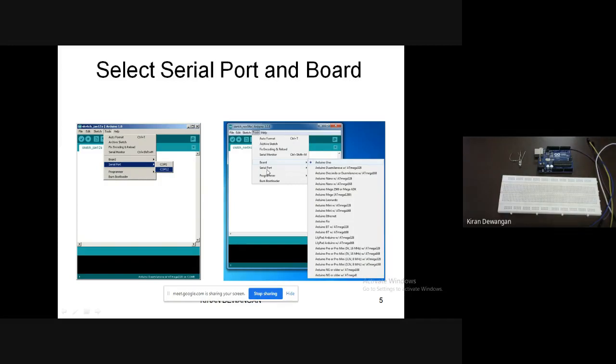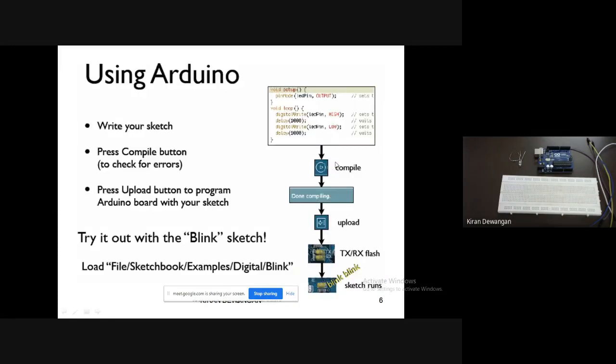Similarly, you need to go to the board. Again, in the Tools option, there is an option of Board also. In the board, you need to select Arduino Uno, because as we can see, there are many Arduino boards available, but those are not what we are connecting, right? We are connecting to the Arduino Uno board. So we need to select the Arduino Uno board.